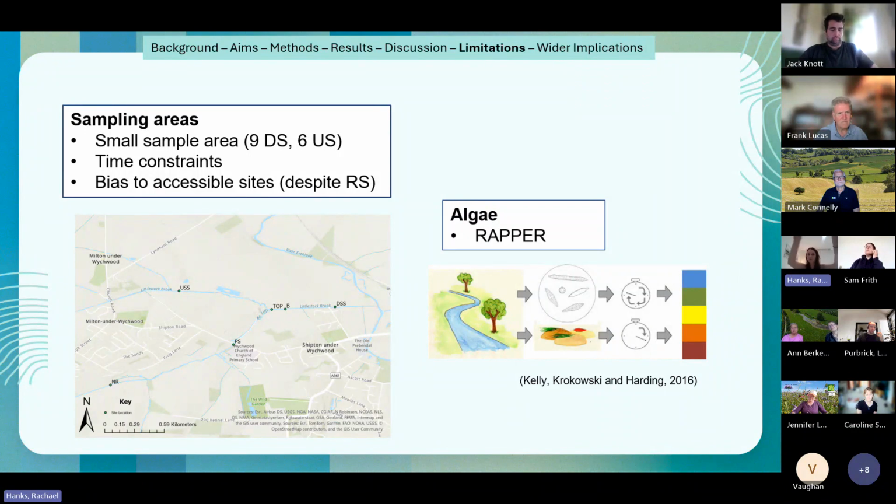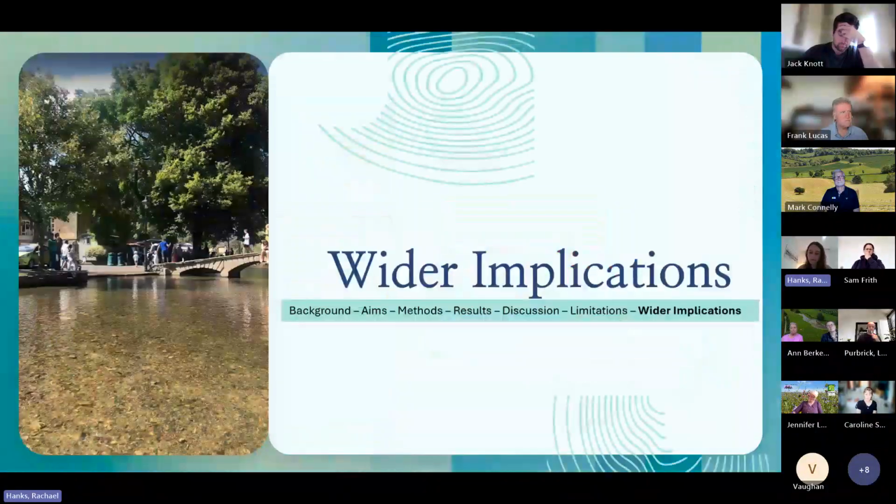I mean, we did tread down water quite far, but it depended on how much we could access. And then the other major limitation is with the algae side of the investigation here. RAPA is incredibly inaccessible to citizen scientists specifically, was one of my major conclusions. It's very difficult to carry out in situ in the field, due to overlap in many textures, and if you've not been familiarised with how to identify them before going and trying to identify them in field, it is very difficult. But it's something that could be developed to indicate algal bloom risk in the future.